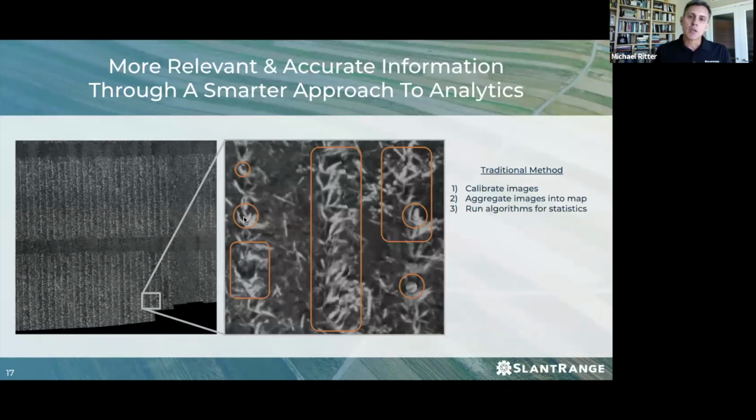Well, to avoid this process, we came up with a new method, which basically said, let's calibrate the images, let's extract the statistics from the images before they've been assembled into some sort of map, and then let's aggregate the statistics as opposed to the imagery. So we're inverting the order of operations in the software here to completely avoid having to run analysis